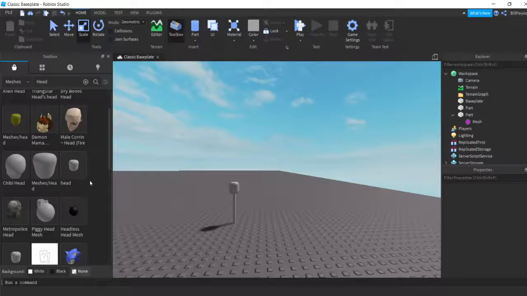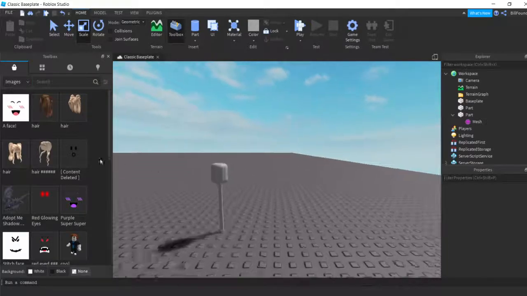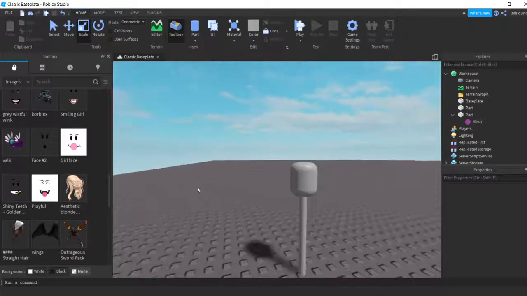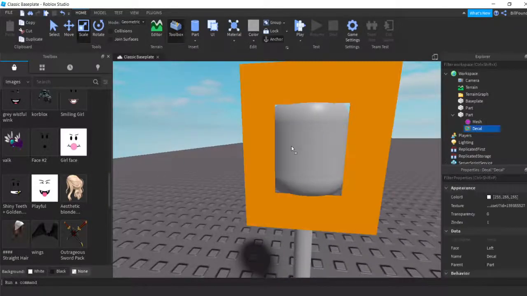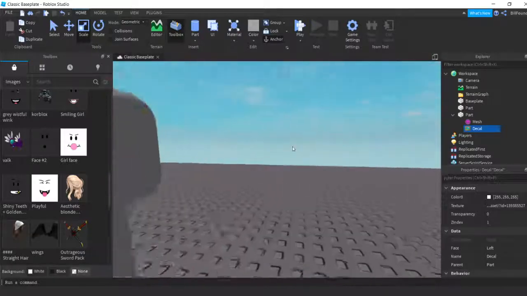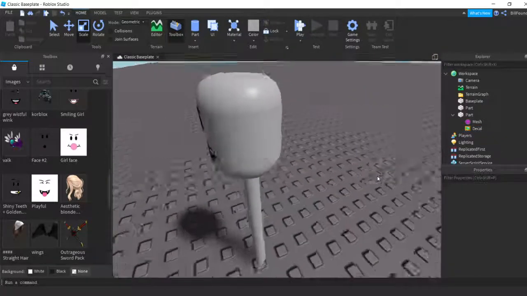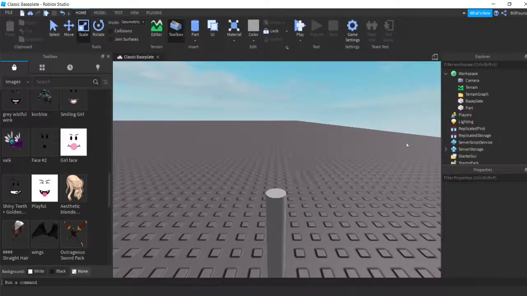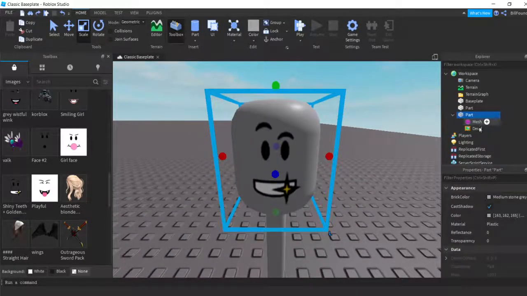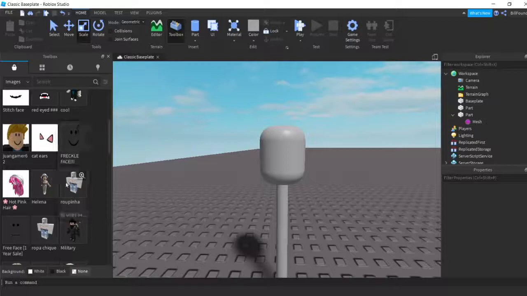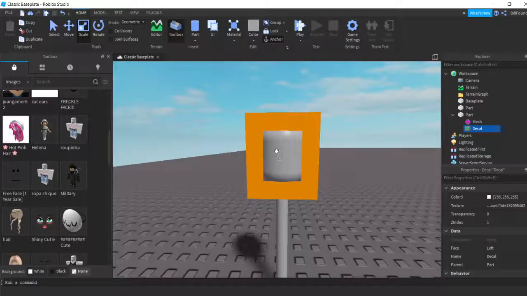Okay, so you want to go to images. I'm just gonna look for a face here. Okay, so we have this here. Oh no, that's not what we want to do. So let's remove that, and let's add this